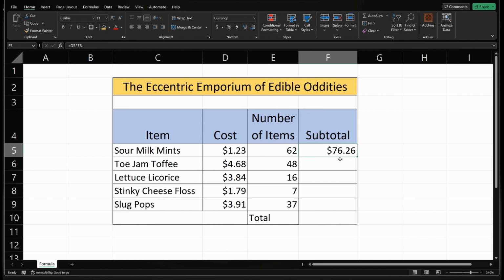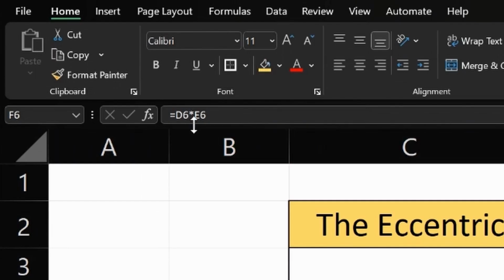What I can do now is click in this cell and put in a formula like I did last time, or I can save a little bit of time by clicking in this cell, grabbing the handle just here and dragging this formula across those cells. It will automatically fill in each of those cells with the appropriate formula. We were in row 5. If I click in this cell, you now see it has changed from D5 and E5 to 6. This would be 7,